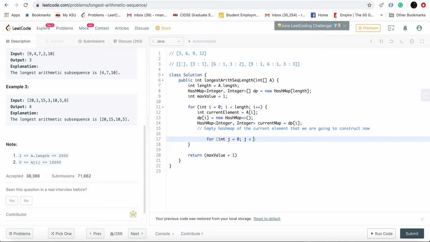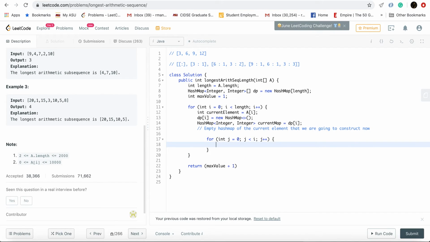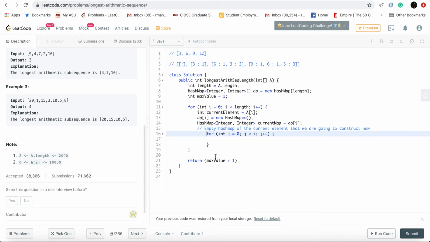So for all j before i, I'm sorry if I've messed up the indentation. Okay, so what is the difference between the current element